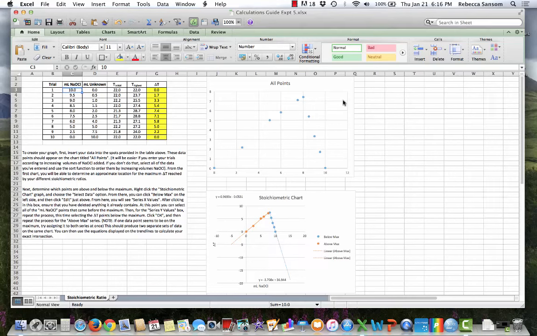Hello everyone. I want to give you a little bit of help getting started with these calculations guides. We're going to give you a calculations guide for the last several experiments in 107 that are the quantitative experiments and require a lot of calculations. We give this to you just to make your life easier because you have some number of trials. In this case, there's 10 trials that we've done in the experiment, and you may not want to calculate them